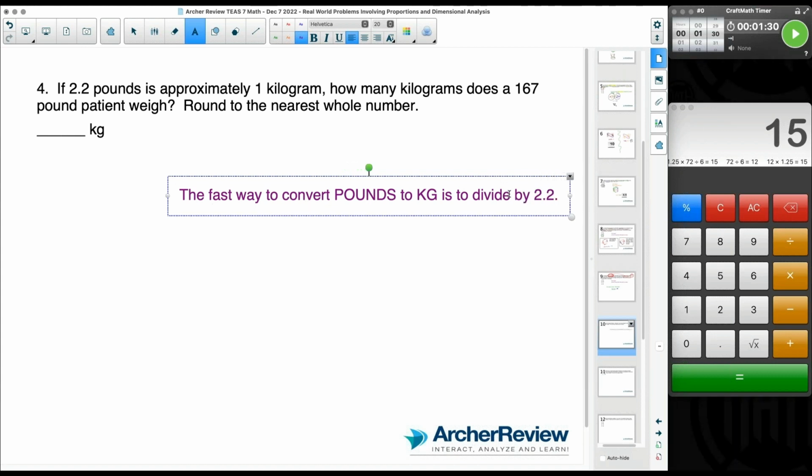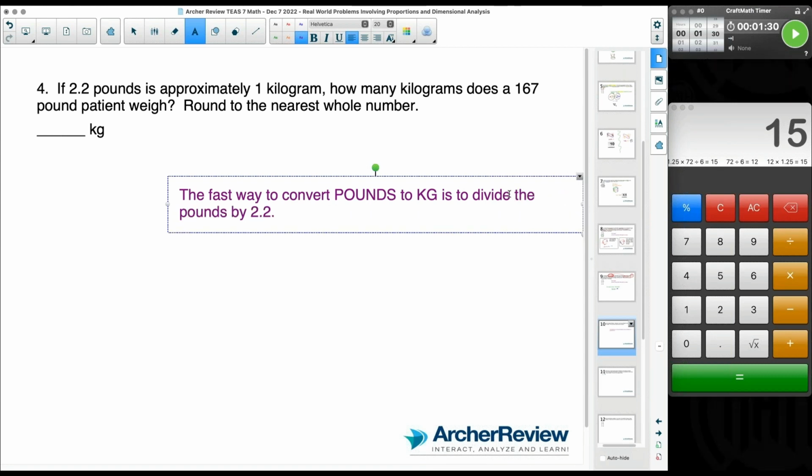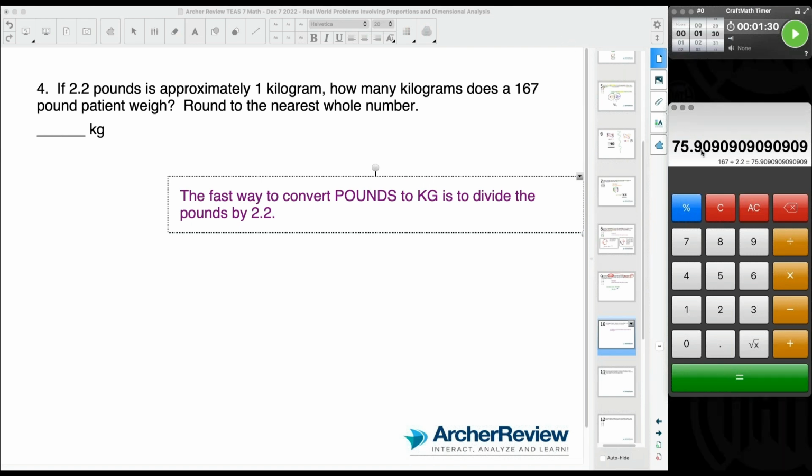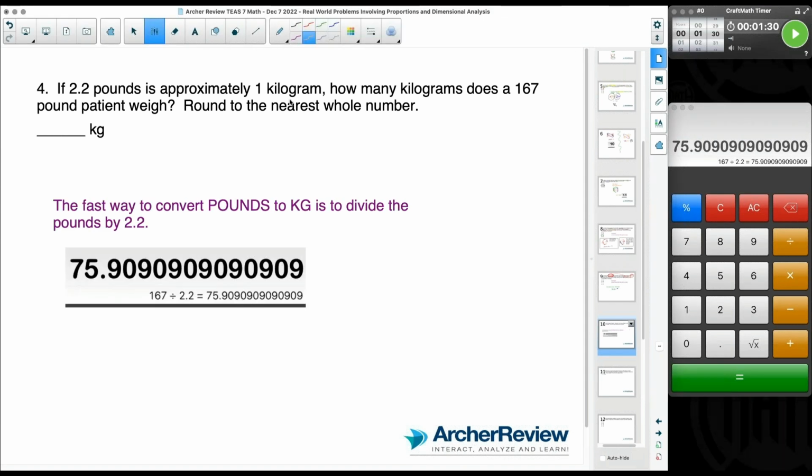You want to divide the pounds by 2.2. That's the fast way. Let me go ahead and show that to you. If we take 167 and we divide by 2.2, we get this crazy number right here. Those of you that typed in 75.9, had you typed that in on the TEAS test, it would have been